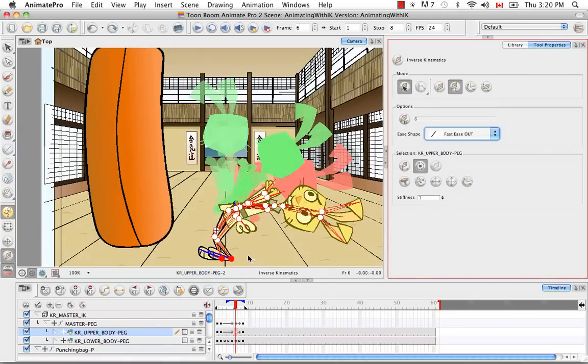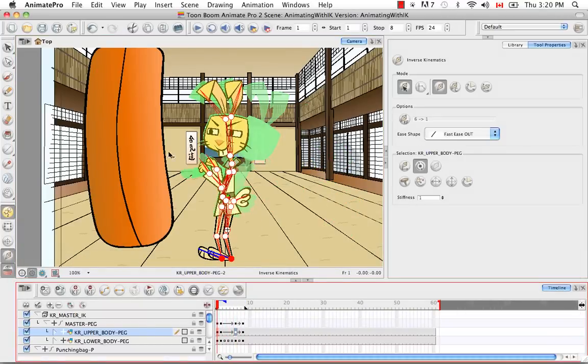And the way that you get the keyframe to register this new ease parameter is by changing something ever so slightly in the camera view with the IK tool. So maybe I'll move the head a bit. There we go. So now when we play it,